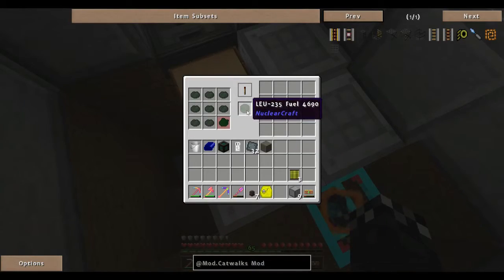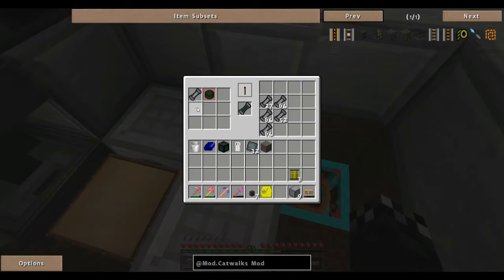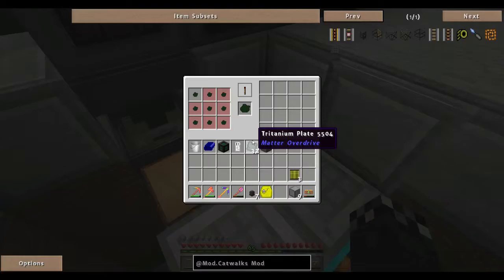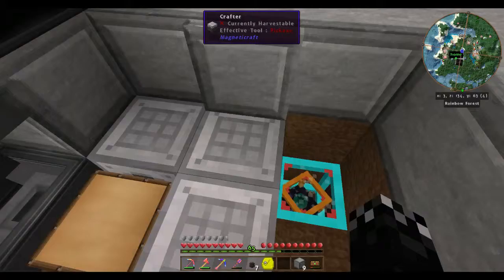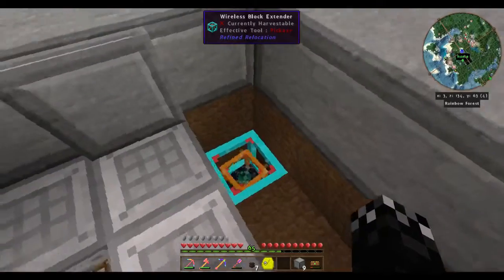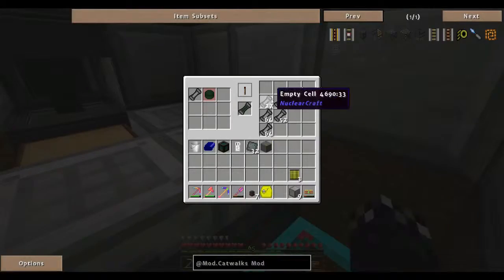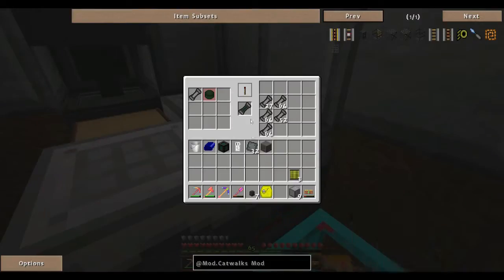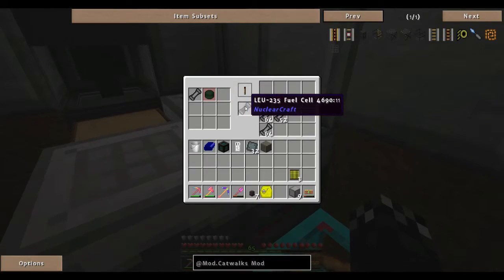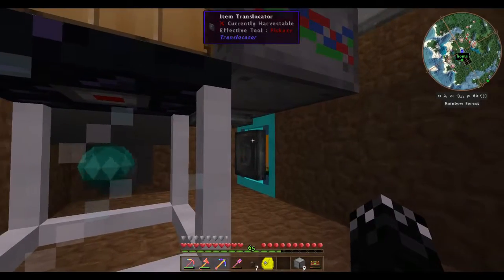This one combines the LEU fuel with empty cells. Now I was going to set up another one here to create the empty cells from like bits of iron, but I sort of thought against it. That's why I've just put the little hatch above it so I can just throw some more cells in when it gets low. But pretty much once it's created the fuel cell here, I've got under here a translocator that's